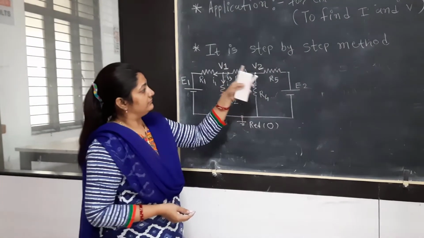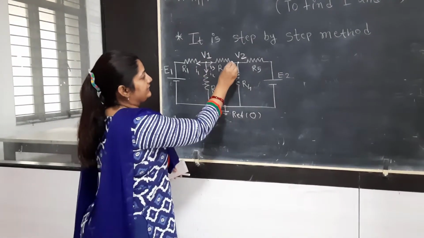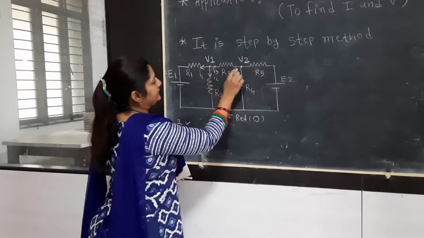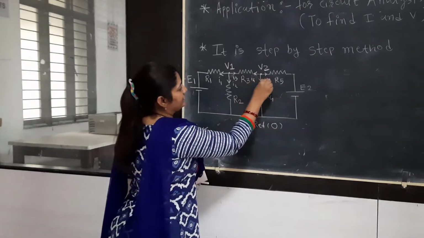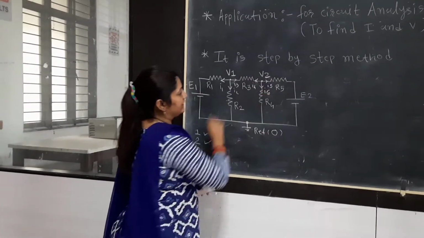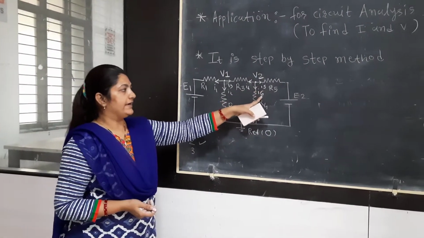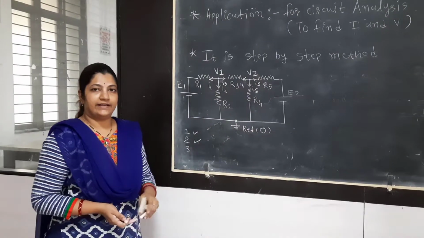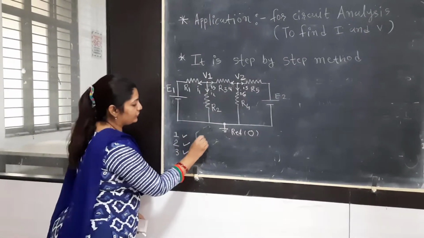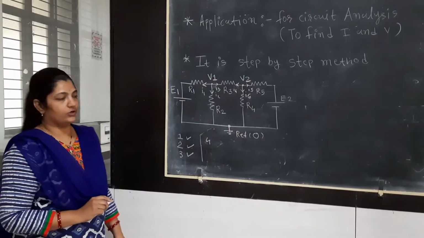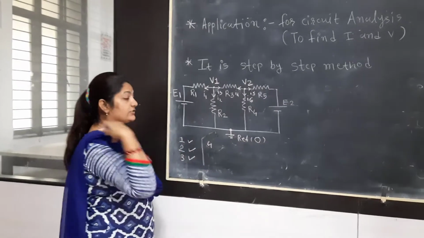With this assumption, the same process is repeated for node number 2. This I3 is available here, but we are free to make another assumption also. So, in part of that, I have again assumed three additional currents, I4, I5 and I6, in an outward direction again. So your third step is also complete. Fourth step, it's time to apply Kirchhoff current law. For node 1, all currents are outward. There is no entering current.